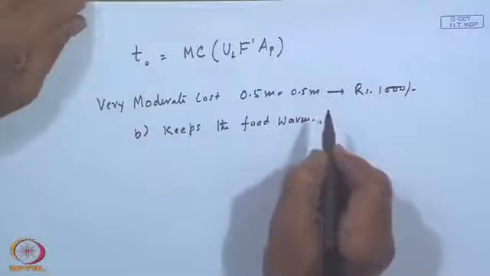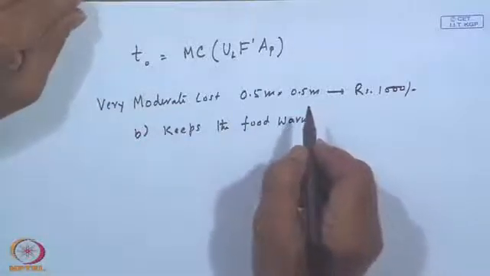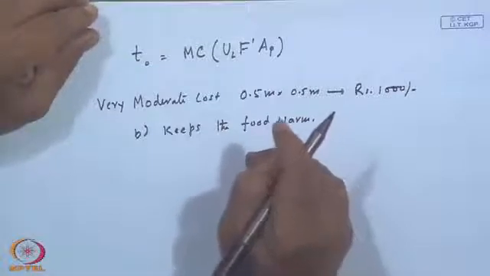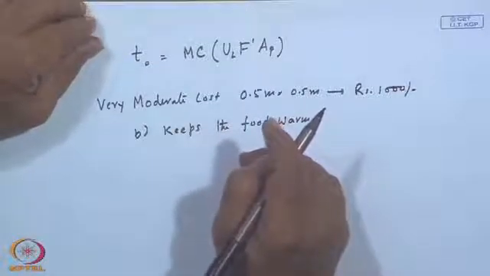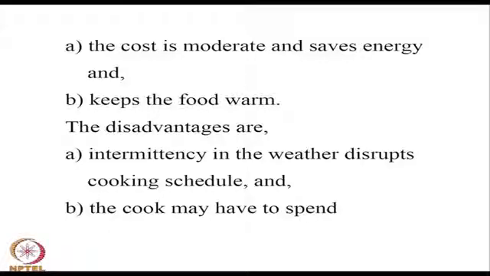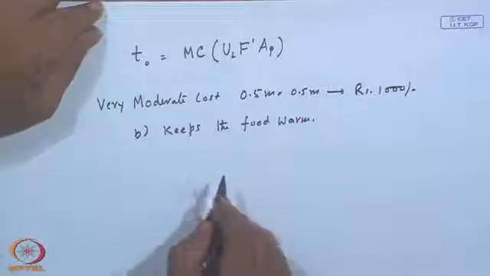So, assuming there is no intermittency and there is a continuous thing, somebody can keep it in the sun, and even if you do not worry so much about the booster mirror coming into the picture, the horizontal radiation itself, if it is high, it can cook the food and keep it warm until you come back after attending your job or whatever. But the disadvantages are